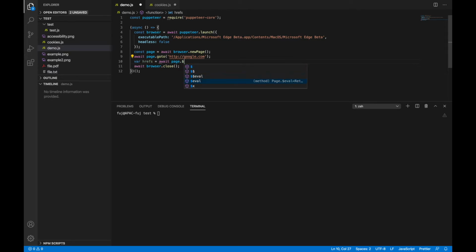The difference is that single dollar eval is like document.querySelector and double dollar eval is like document.querySelectorAll. Those who know JavaScript query selectors can directly understand it will work like document.querySelector.